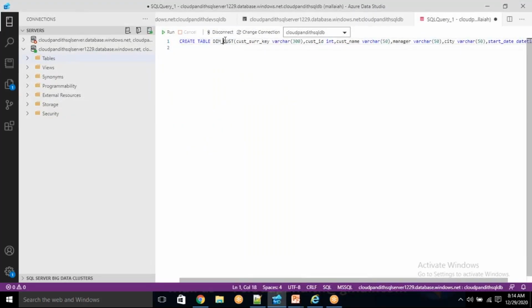So here, create table dimension underscore cust, surrogate key. The surrogate key I'm also going to load, but actually from my data I will get this. In my actual transformation, I'm going to generate a surrogate key based on all the input which I'm receiving. Once I generate the surrogate key, I will load surrogate key, customer ID, customer name, manager, city,